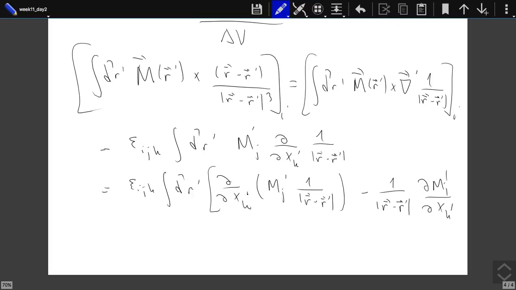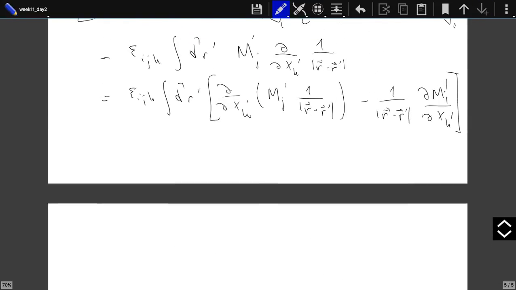The derivatives are with respect to the coordinates of the primed position. Which will be equal to the integral d cubed r prime. Well, this first term over here is just minus the curl of m prime times 1 over |r minus r prime|,